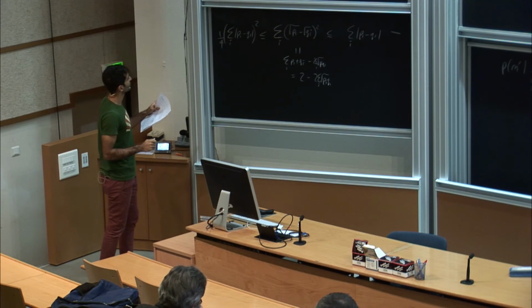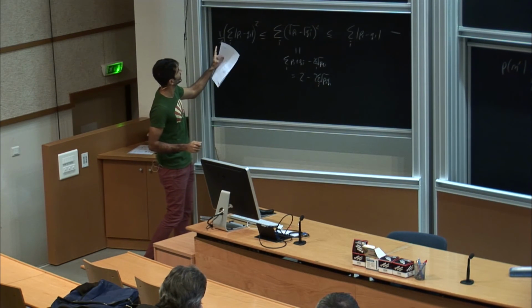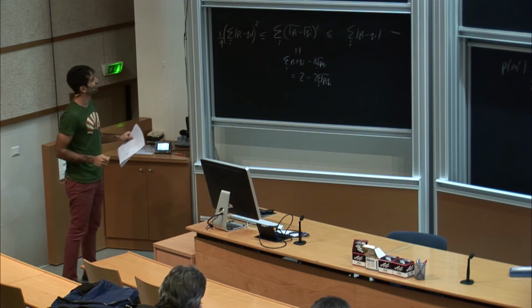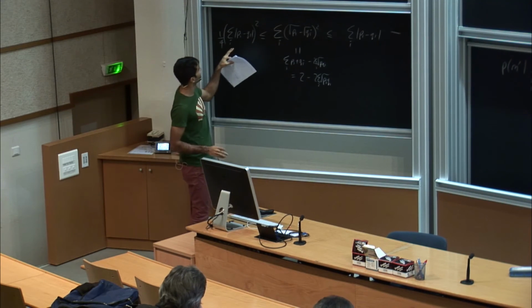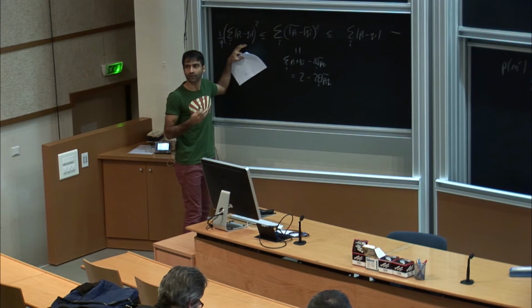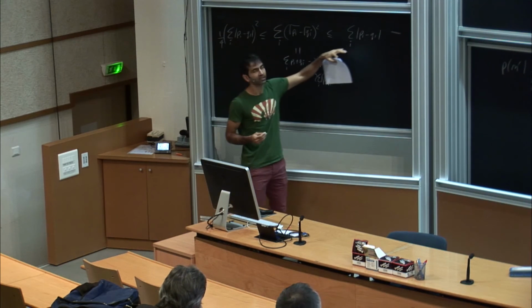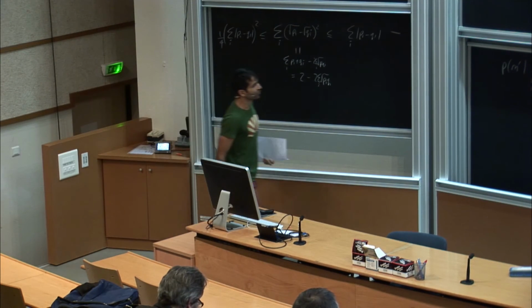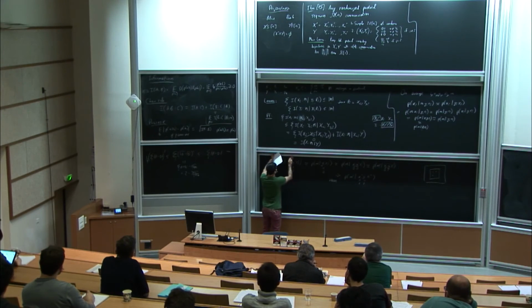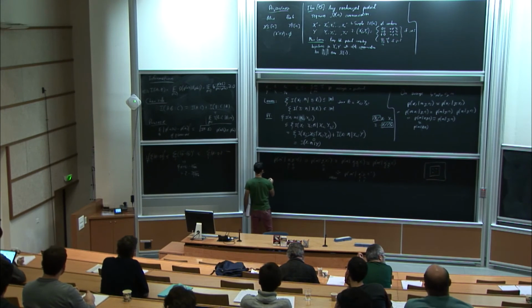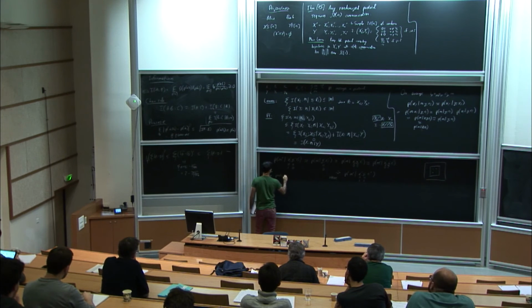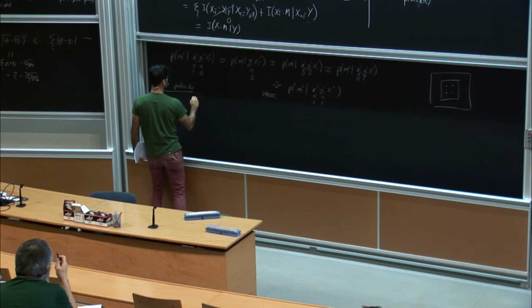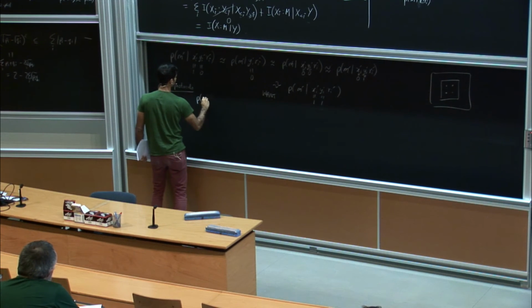I might be wrong on whether this 4 is inside or outside. Anyway, the point is that it's lower bounded by roughly the square of the L1 distance, and upper bounded by the L1 distance. So what I want to show you is that for protocols, you must have the feature that the distribution of m prime